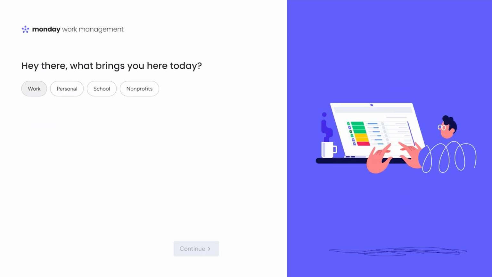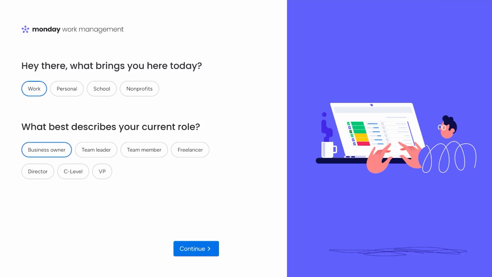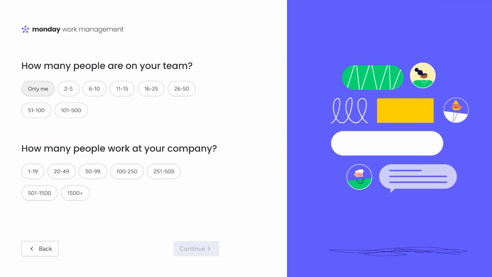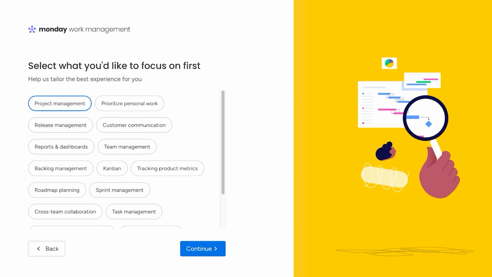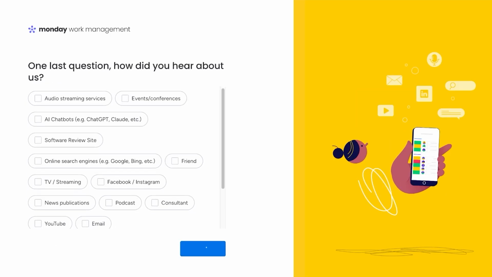After that, we're just going to select work, and then we're going to add our current role, and then just click on Continue. After that, you're going to add the number of people that are on your team and how many people work in your company, and then click on Continue. Then you're just going to add what you would like to manage first. So for us, let's say it's project management. And then after that, we're just going to click on Continue over here to proceed onto our Monday.com work management